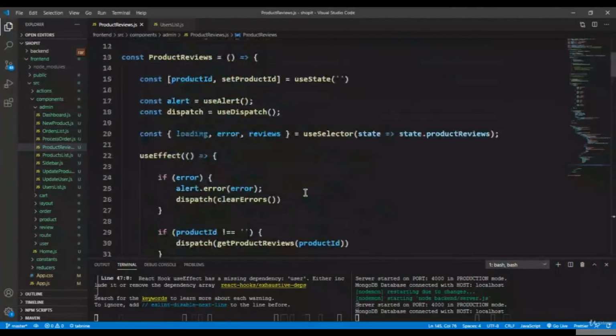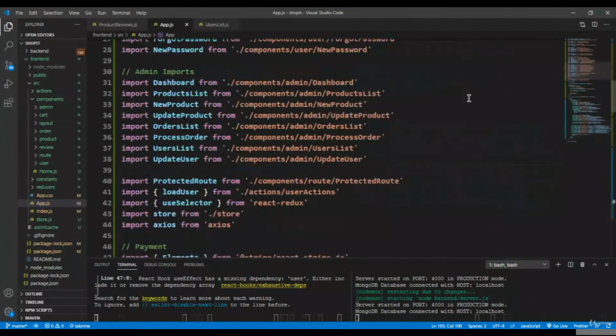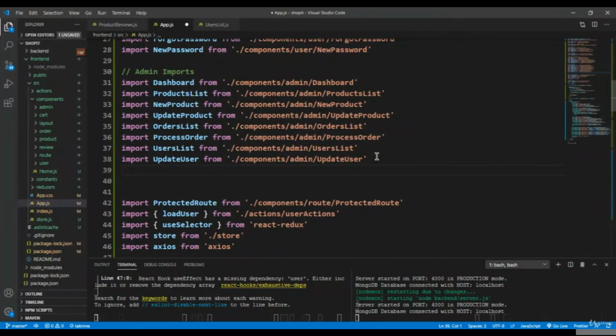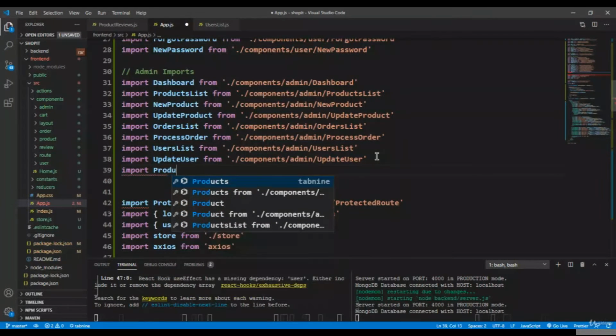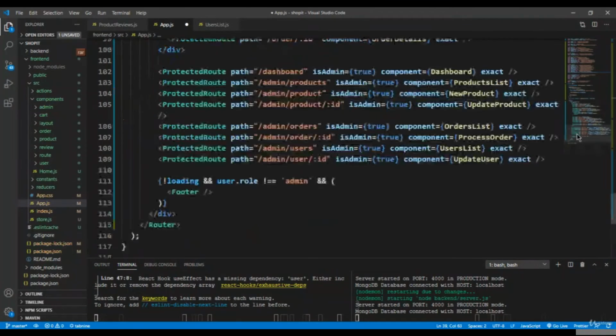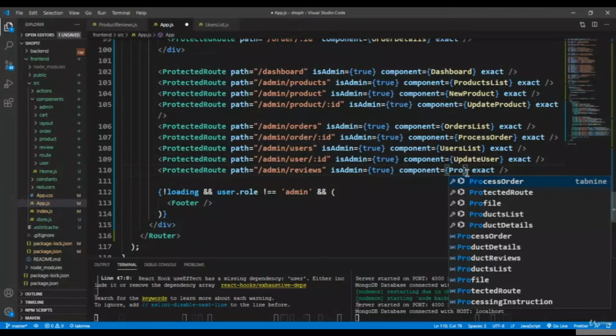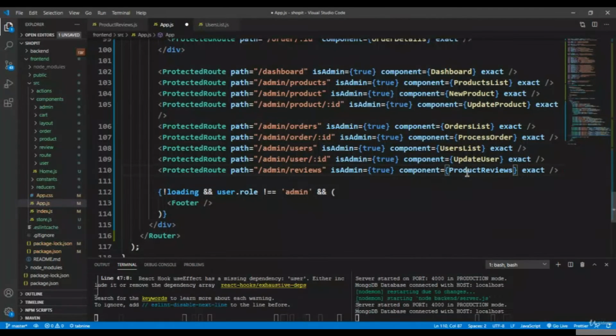If I go to my app.js, let's import the product reviews from /components/admin/product reviews, and let's duplicate this one, /admin/reviews, and then pass in here the product reviews. So product reviews, simply save it,